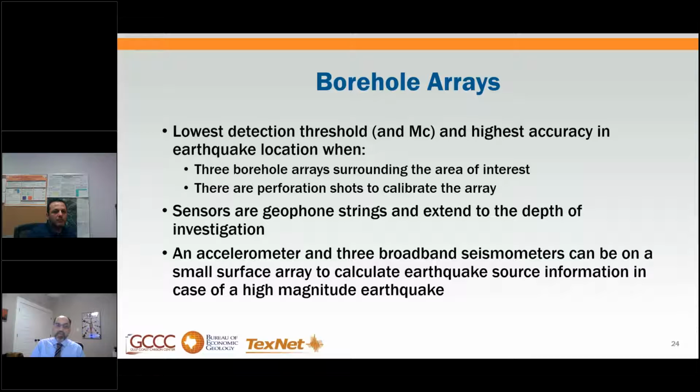It's ten or more than 20 times higher cost than the surface arrays in most cases. Sensors at geophone strings in that case extend to the depth of the investigation, and usually you need an accelerometer at least and a few seismometers on top of the array at the surface, just to make sure that in case of a high magnitude earthquake you can still have data that are not saturated. Next slide,